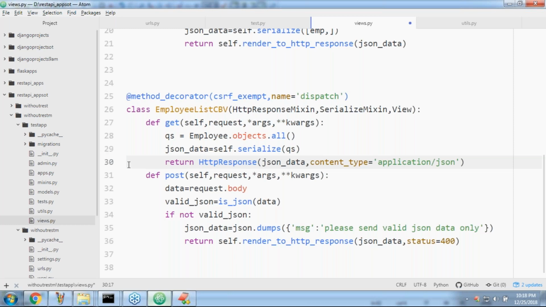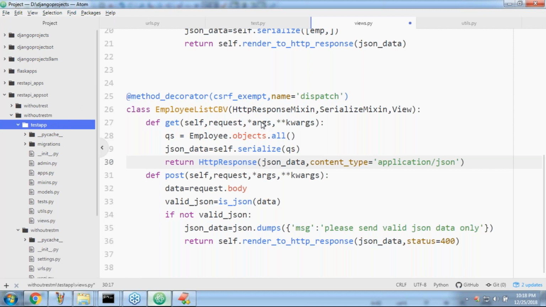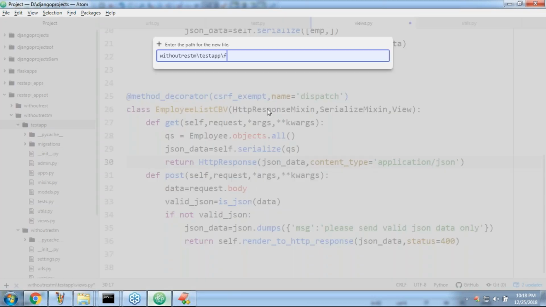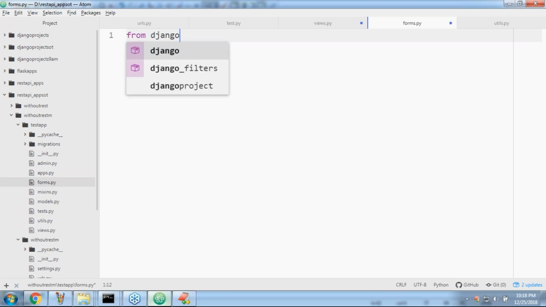We have to take a special file. That file is forms.py, not models.py. Models contain only model classes. We require to take forms.py. From django import forms.